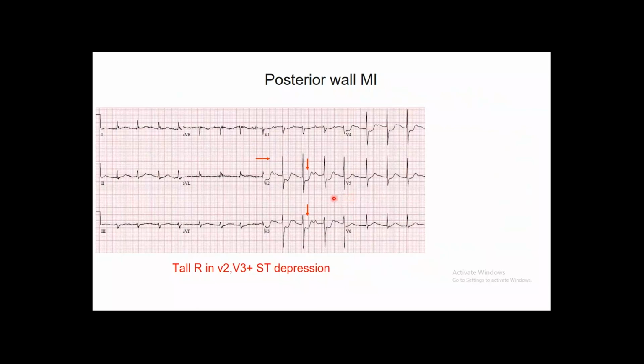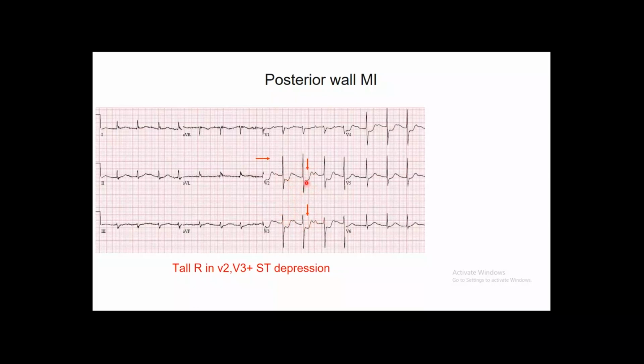The final ECG that might be missed in the emergency department: if we have a patient with acute chest pain and the ECG looks like this, we have a tall R wave. As we remember from the morphology of the QRS complex in V1 and V2, it has a small R wave followed by a deep S. Here we have a tall R wave in V2, predominantly in V2, followed by deep ST